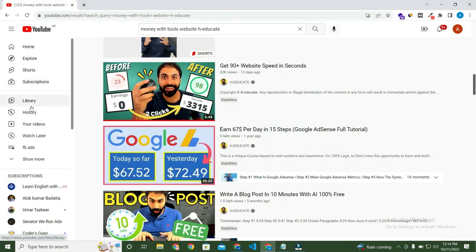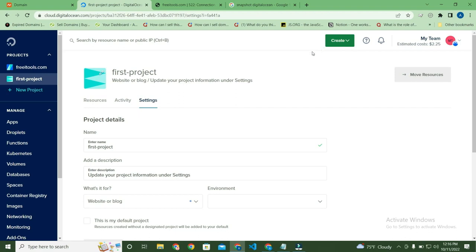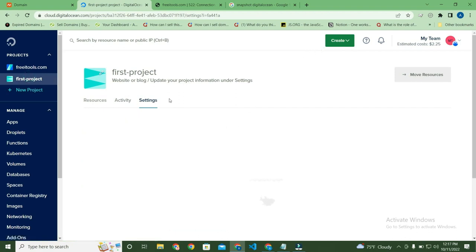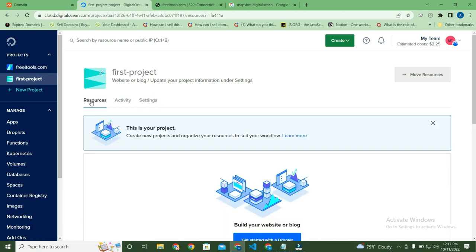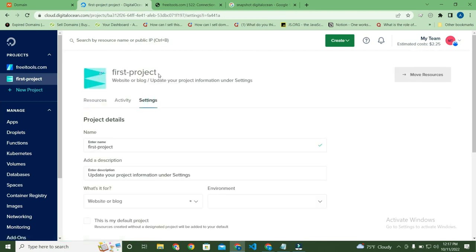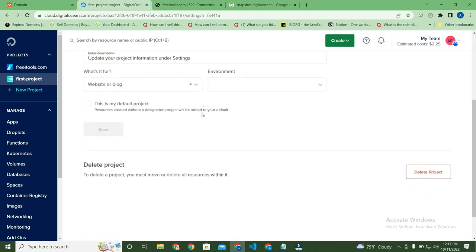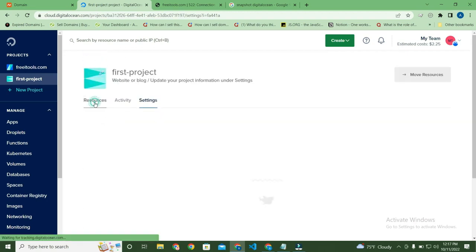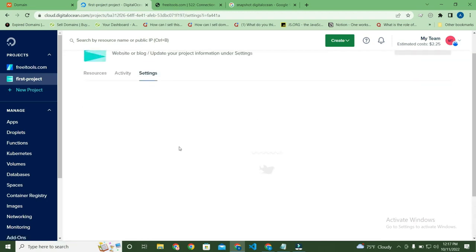Sorry, actually I forgot to delete the project. You can see the first project, just go to settings. Previously I showed you how to delete the resources. Actually, let me delete the project. Okay, as you can see here, this is active, so click. Before deleting the project, you have to delete all the resources, which I did earlier. As you can see,